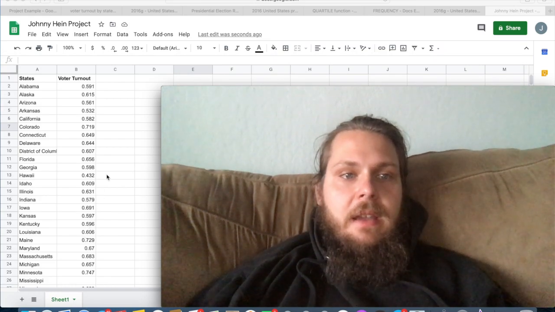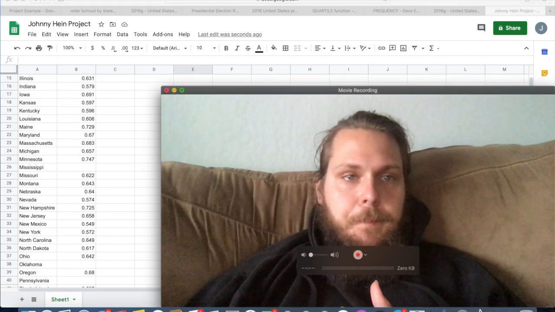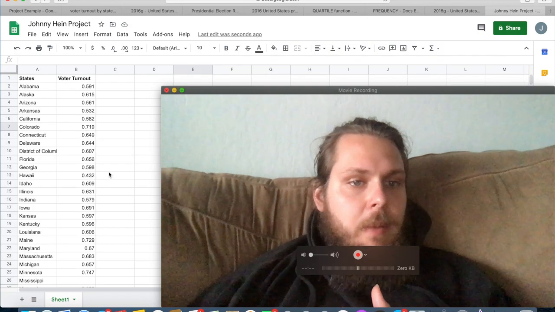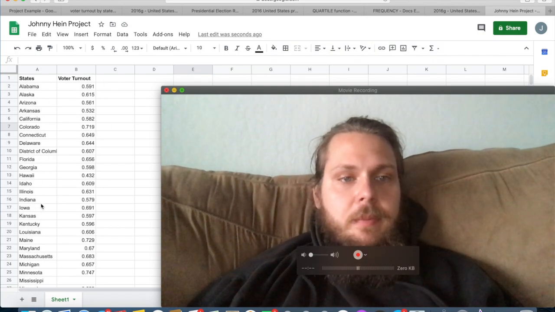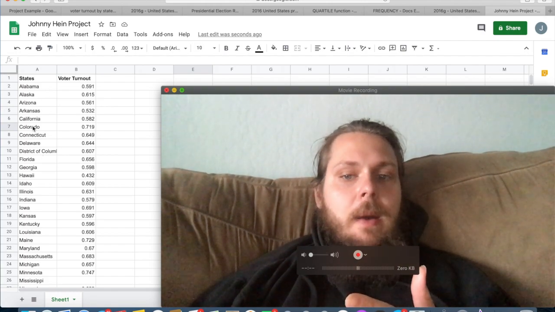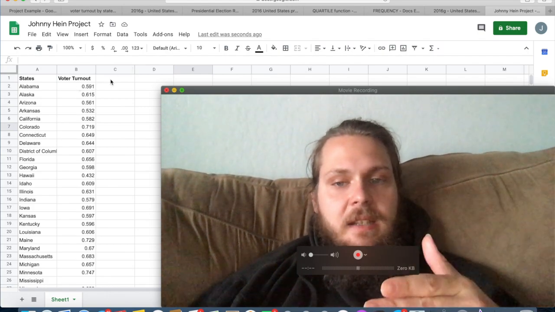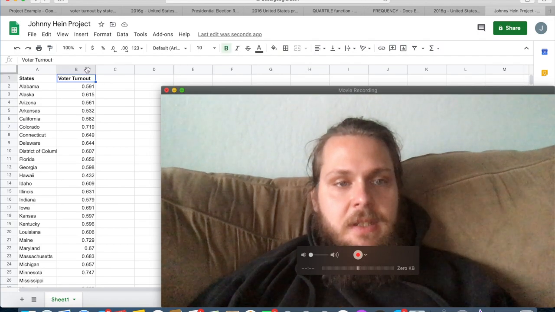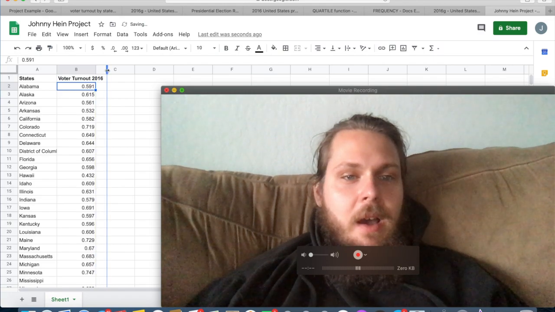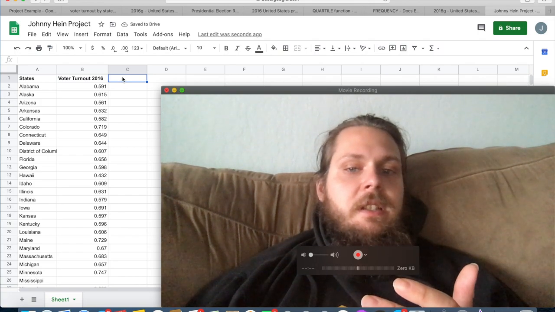So I have my states, and I have the percent of people, now in decimal form, that voted in each state, okay? And for this project, you're going to compile two data sets about the same group, okay? So if I'm studying states in the first one, and states are a really good population to study for politics and a lot of things, I'm going to find a second piece of information about states. And if I'm going to maintain my theme here, which is politics and elections, if I started with voter turnout in 2016, I can also talk about